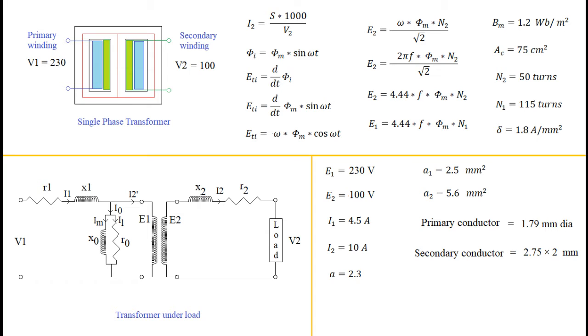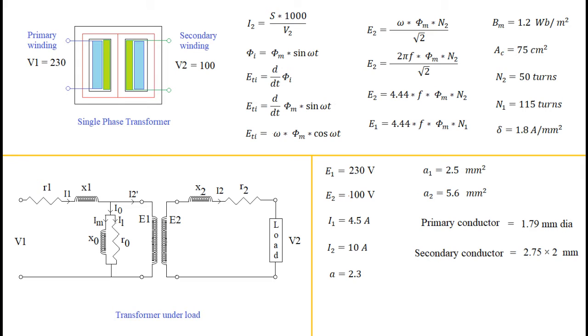Now if we want to calculate number of turns on secondary side, then we have to use transformer's EMF equation. The EMF equation of transformer may be derived using rate of change of main flux with respect to time, where magnetic flux waveform is supposed to be sinusoidal. Such a sinusoidal variation is expressed by equation for phi I shown in second column on screen.